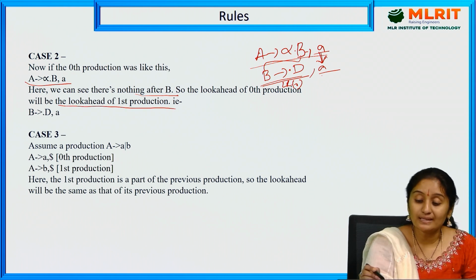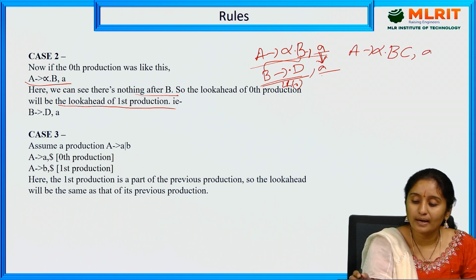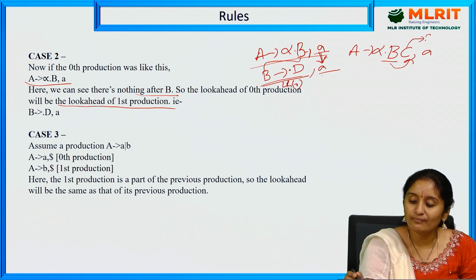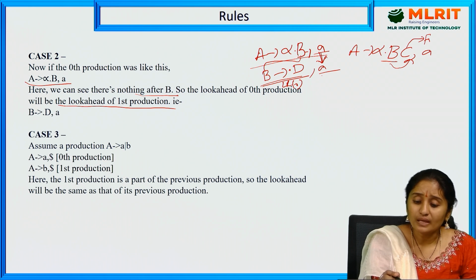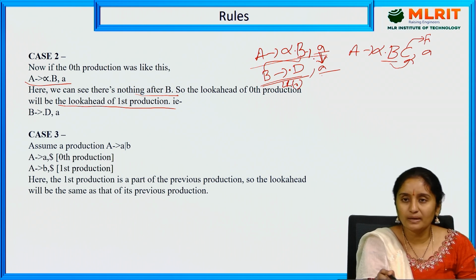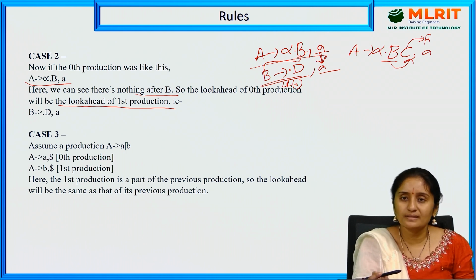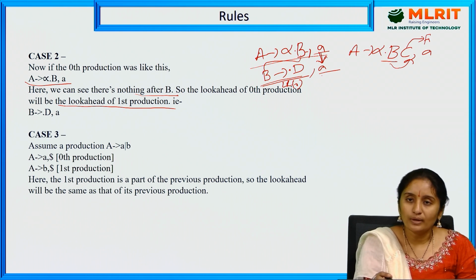In the previous example, A tends to alpha dot B C comma A, after this non-terminal there exists one more non-terminal, so we calculated first of that particular non-terminal. But here in case 2, there exists only one non-terminal, so we directly write that particular production, and after this there are no more non-terminals. If no non-terminals exist, then we write the look aheads of the previous production from which we are writing